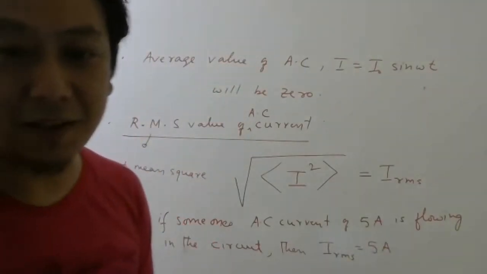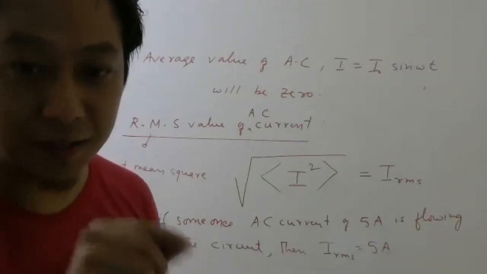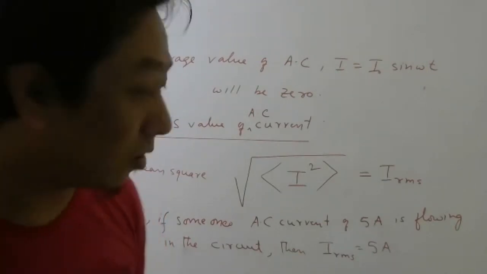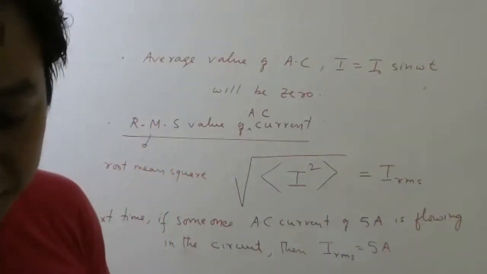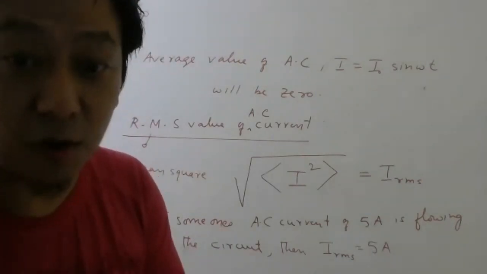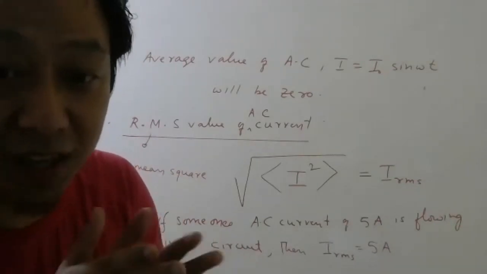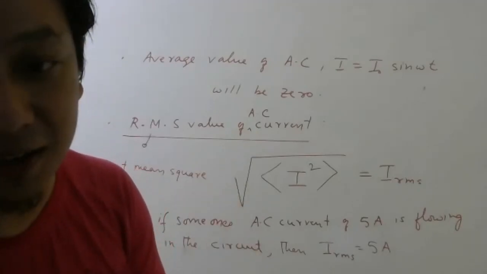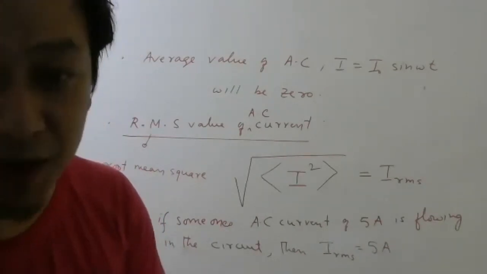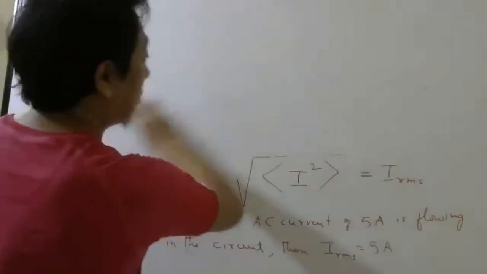So in a question paper, when they say AC current of 20 ampere, or AC voltage of 220 volt is applied, that 220 volt, when they say AC, is always RMS value. Okay, students, keep this in mind. Later, I will talk about how AC currents are measured. The instruments are designed in such a way that the measured value shown by an AC ammeter will be RMS current or RMS voltage, depending on what you are measuring. So this is important to remember.